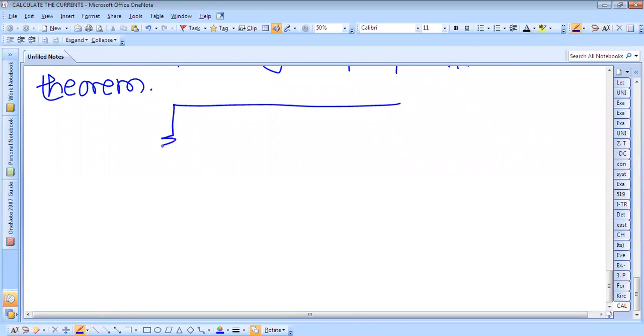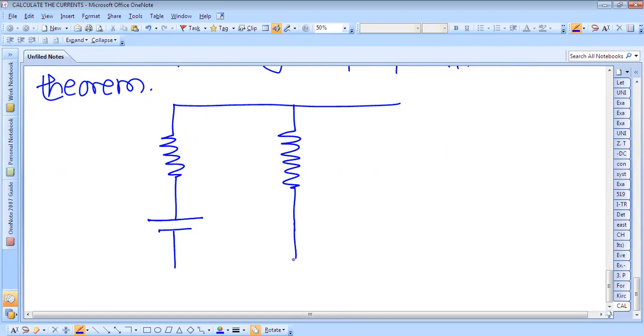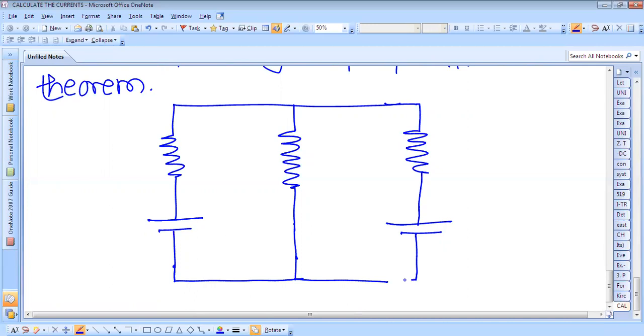We have this resistance first, and there is one voltage source there. Then there is a second branch having this resistance, and there is no EMF source in this branch. And there is one more branch having this resistance, but there is one source in this branch. So there is more than one source. That means we have to apply here